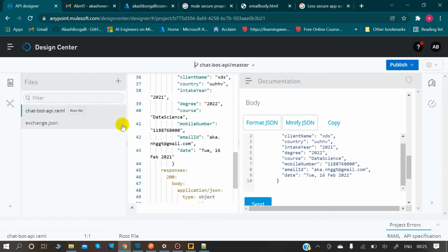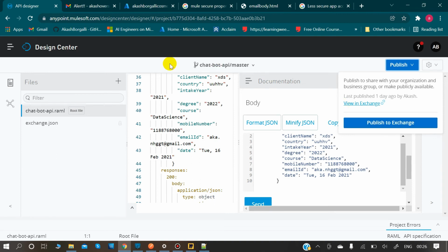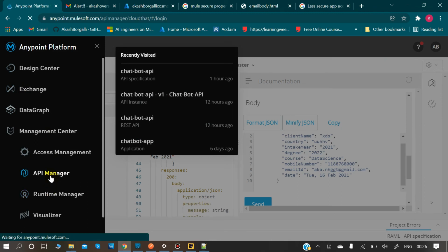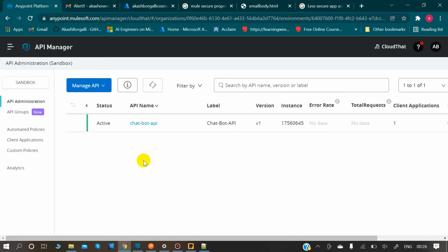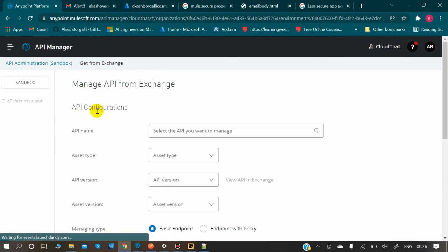From this, when you publish to Exchange, then after publishing, you need to come to API Manager. In API Manager, you need to manage that particular API that you have created. Click on Manage API, Manage API from Exchange.